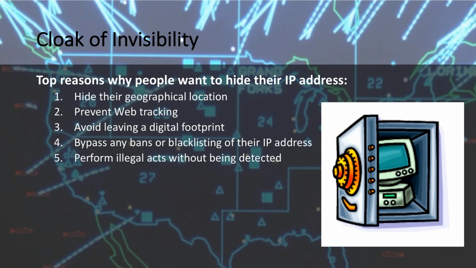and the biggest thing here is that your internet provider will track all your activity, regardless of what you're doing, and you can utilize something such as a private VPN to be able to keep prying eyes away. You want to avoid leaving a digital footprint. If you don't want anybody knowing what you're doing on the internet, you definitely want one of these. And then also you can bypass any bans or blacklisting. We talked about that earlier, but if you're in another country or you're trying to access other countries' websites that specifically block the United States, you can make yourself look like you're in that country so you can gain access.